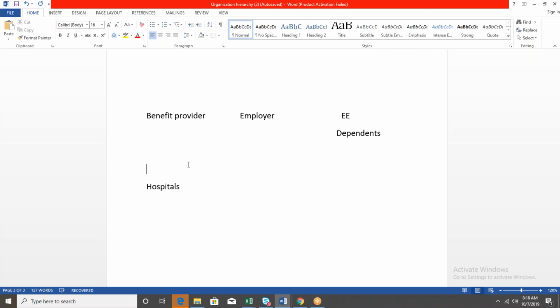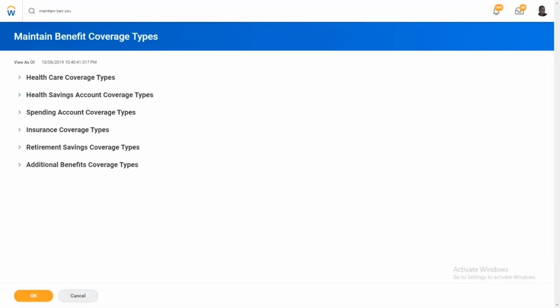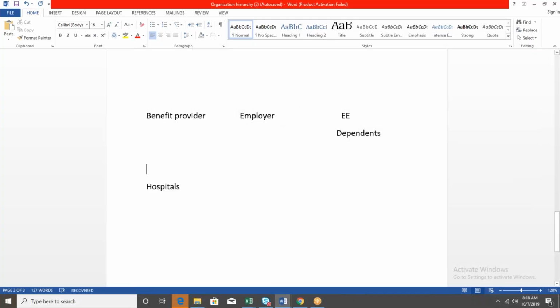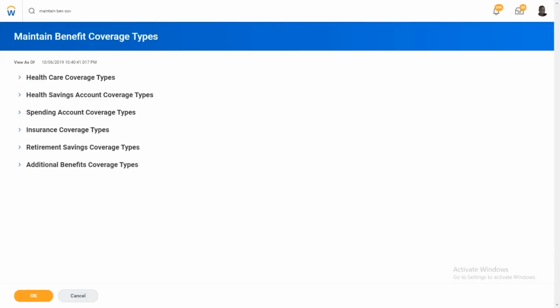Okay, so healthcare. And one more thing you have to remember here: out of the 6 coverage types we have, if your client asks you to make dependents also eligible for a plan, only 2 coverage types allow you to manage and maintain dependents.